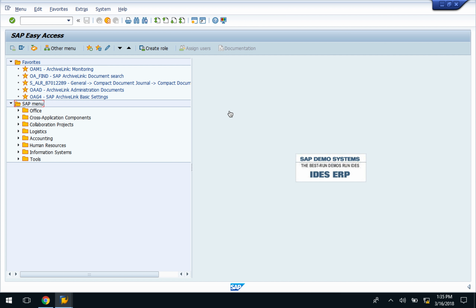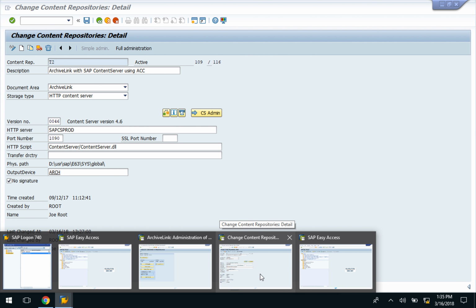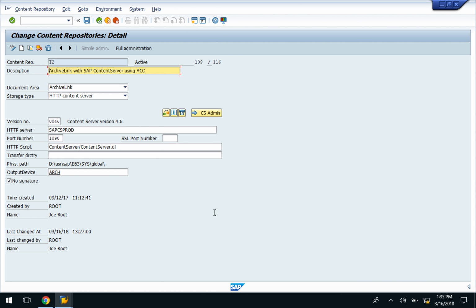Scenario 1. The SAP production system has been recently copied to QA. We're logged into the SAP QA system after that copy, and we're navigating to transaction OAC0 to review the initial settings for the T2 archive, which is connected to our repositories. Right now, after the system copy without any changes, SAP is still pointing to the production SAP content server, and